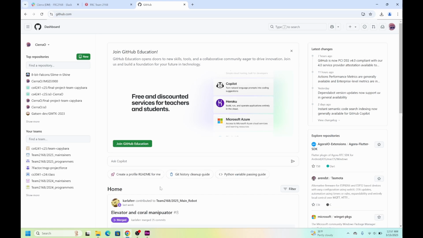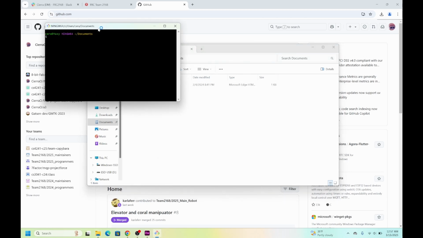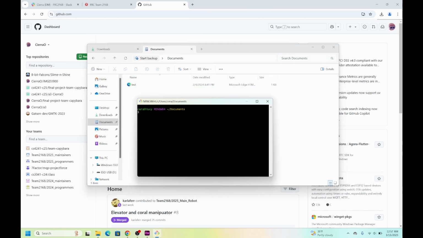So to clone the project, go to your file explorer and then pick a folder that you want the website to be in. And then in whatever folder, I'm just going to use the documents folder. You can right click, show more options if you're on Windows, and then open Git Bash here. That'll open this window that you can type stuff into. So type git clone,